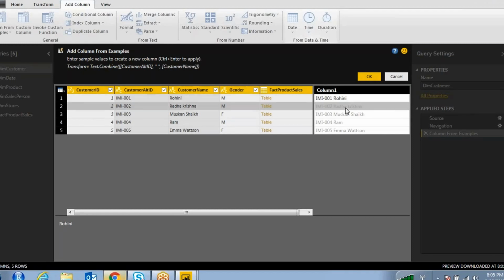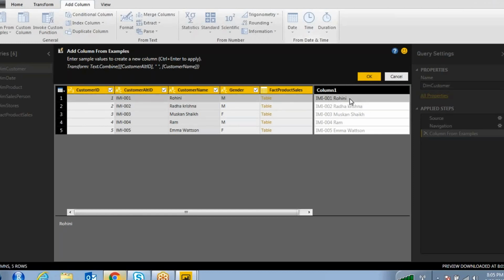Automatically it is producing whatever you are thinking. Okay, so in that way we have plenty of examples. Some examples it may support, some examples it may not support. Whatever you want, you just type over here, and if it is already defined, it will give the proper result.